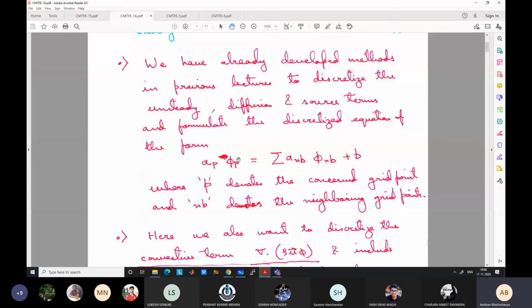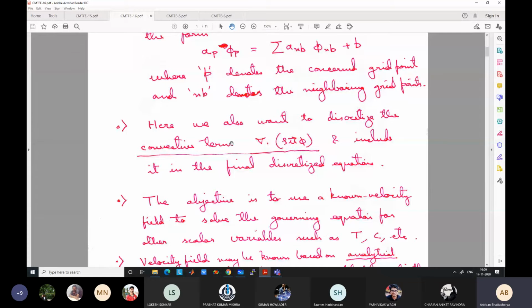NB denotes all the neighboring grid points, and P denotes, it should be capital P, the concerned grid point, and we keep changing the capital P point going over all the grid points, like by varying I and J. So instead of P, you can also write I comma J, and just keep on changing I comma J. But P is the standard notation, because you cannot always write in terms of IJ if it is an unstructured grid, since you cannot just proceed along I and J. So any concerned grid point I can still denote by P even in an unstructured grid, and account for all the neighboring cells as NB, but I cannot have any particular direction IJ in that case.